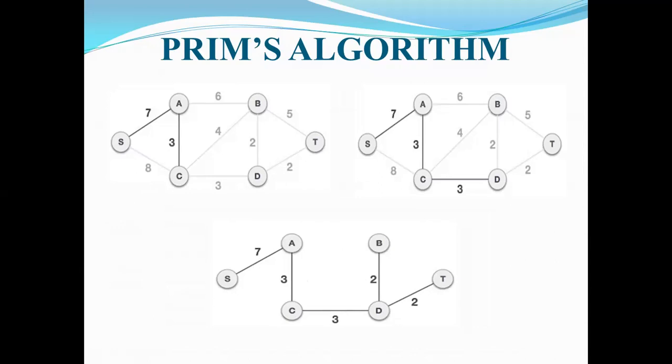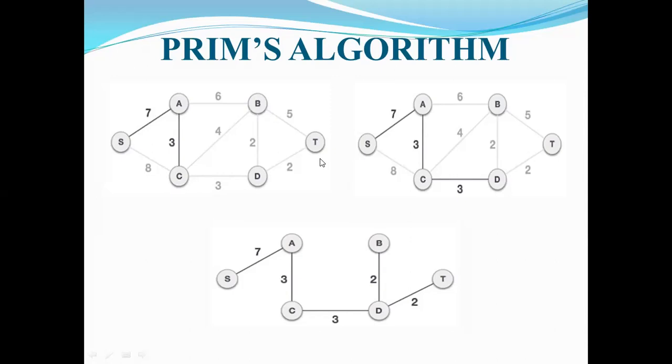Now I included C also into the spanning tree vertex set. Now the spanning tree vertex set contains S, A, C. Now again the same step we need to repeat. From S, A, C, construct all the possible edges which are not yet included into the spanning tree. That means out of the spanning tree, whatever edges remain in the graph, select all the possible edges and find out which edge is minimum.